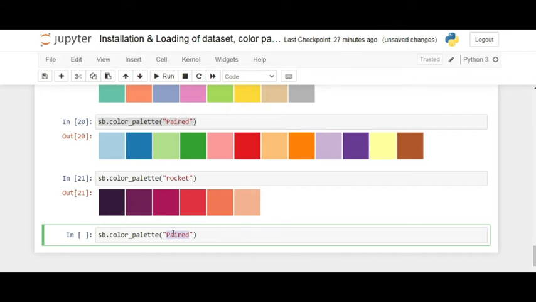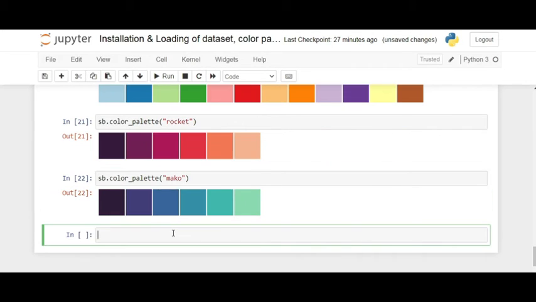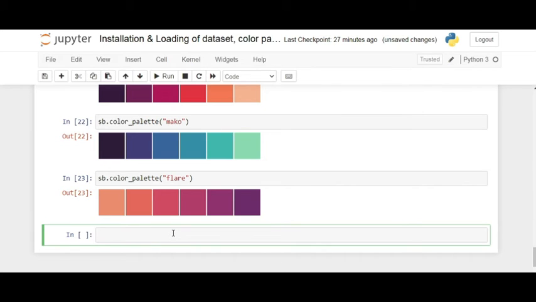The second one is Mako, and hit enter. The third one you can use is flare. The next one is crest.